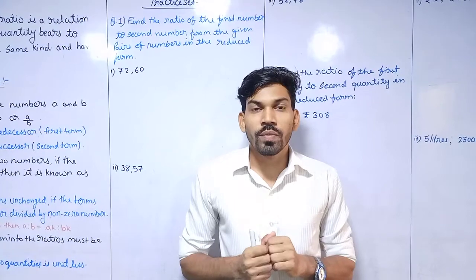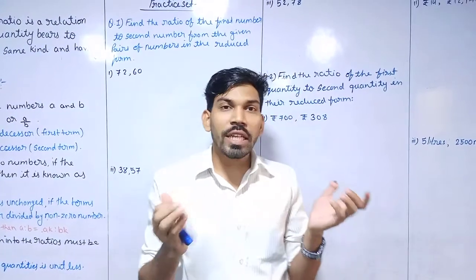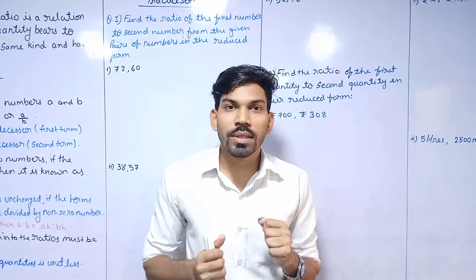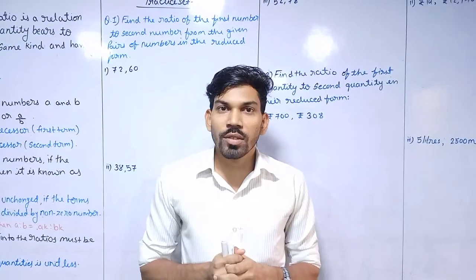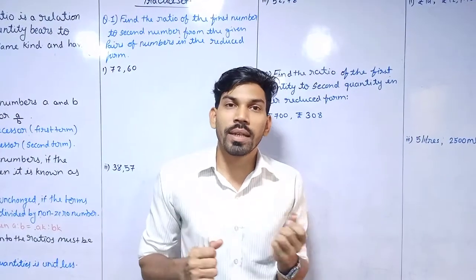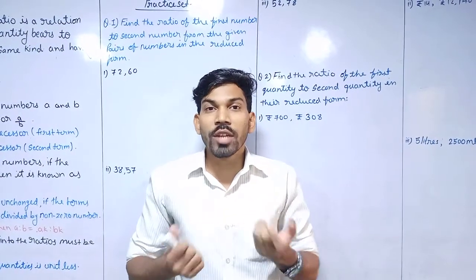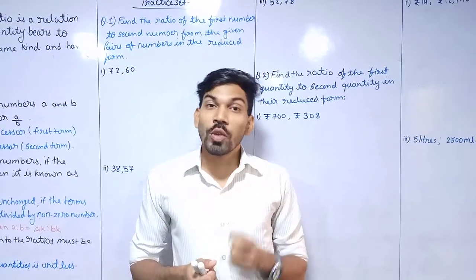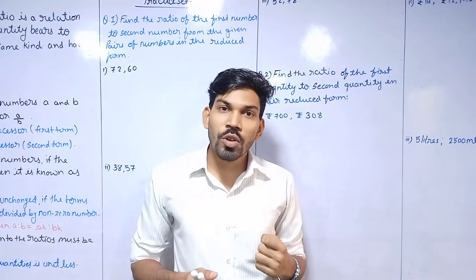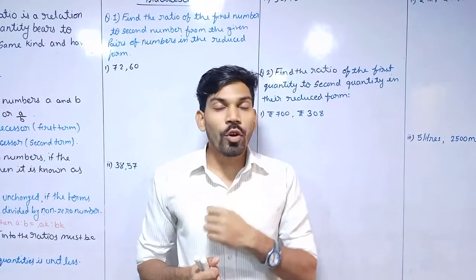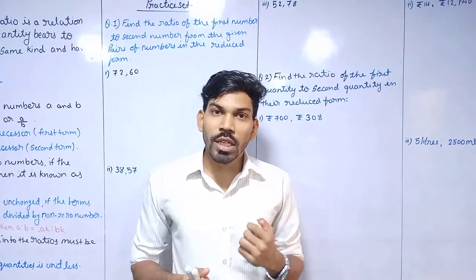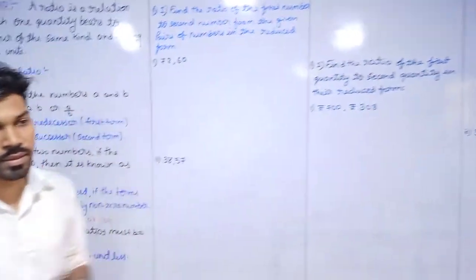What is ratio? Whenever we are comparing any two quantities or two numbers, or we can say two things, how are we going to compare that? Means how do we have to find the ratio? Actually what is the ratio? So let's see what the ratio is and how we have to follow the properties of ratio in our sums.